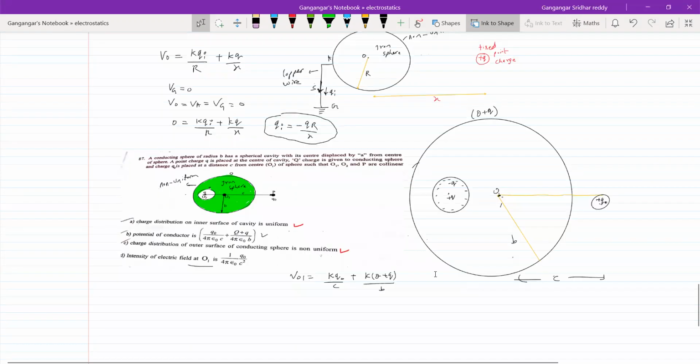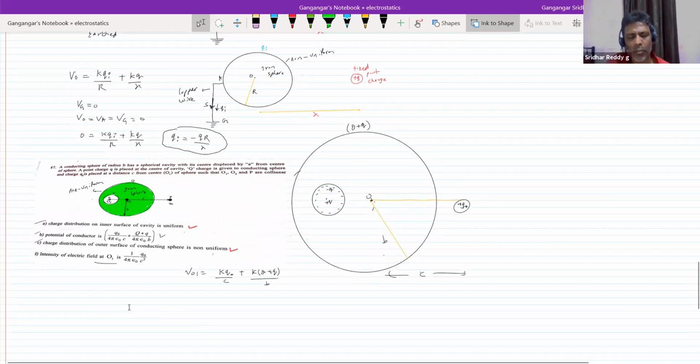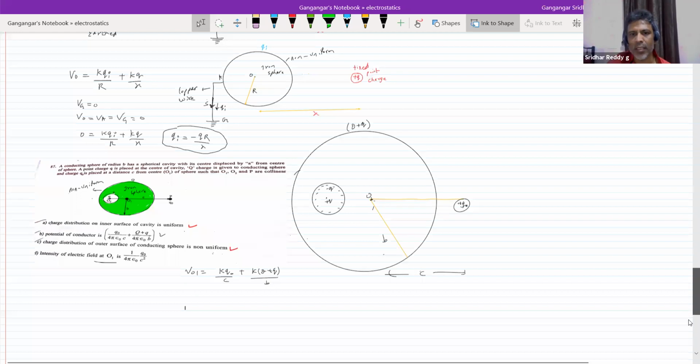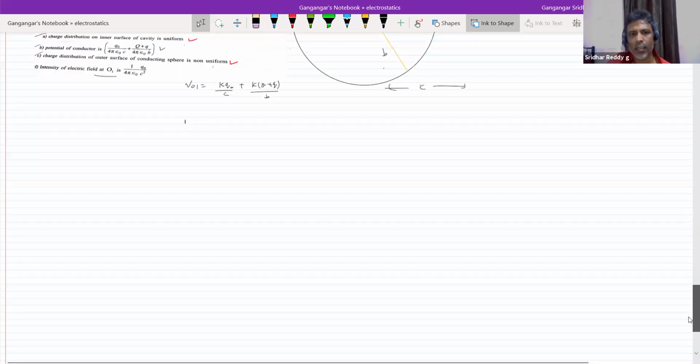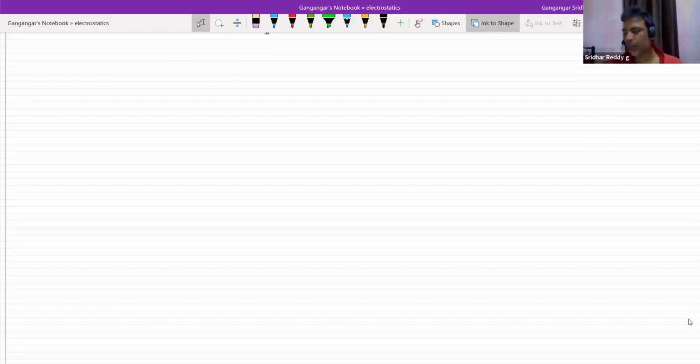Electric field at O1, inside the sphere, should be 0. Yes, it should be 0. So you should not pick that option at least. The net field inside the conductor due to static charges must be 0. I'll go to the plates. I should introduce the conducting plate.